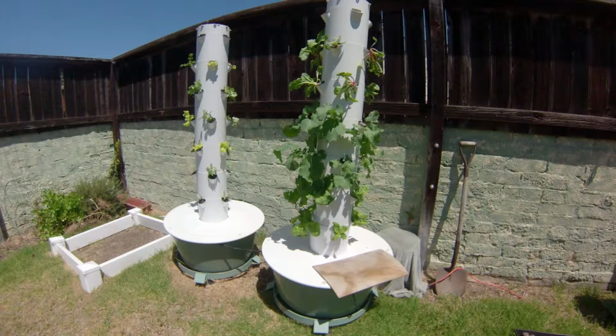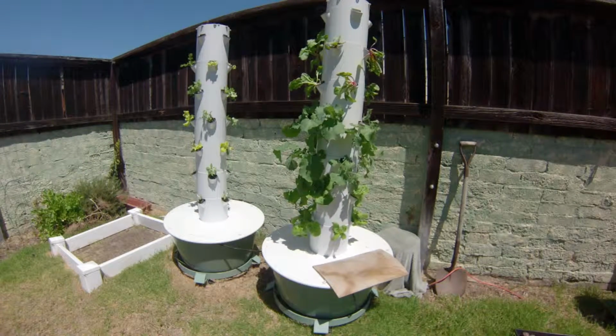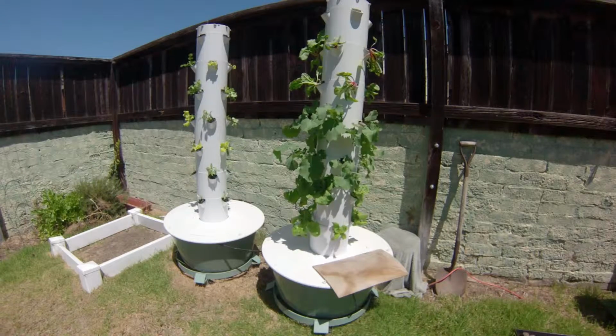Tower Garden Season 2 update. This is after a second vacation, and I did think, like last time, that something would be going wrong here. Not that the power would turn off or something like that, but that there might be a nutrient deficiency that the plants wouldn't be able to survive through. Maybe it'd be a windy day. Maybe there would be a little bit too much sun. One of those problems that you can't quite foresee and that you can't really fix if you're not in the